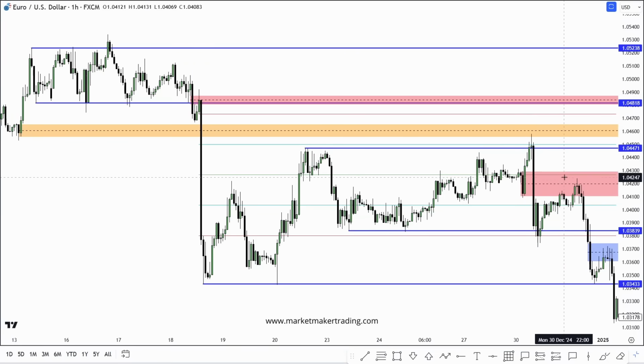We have two entries, two real entries. One, let me just get rid of this. We have one entry over here. This would be a very nice entry. This is our unicorn model that, again, we explain in Module 1 of the Market Maker Academy. I also go into a lot more detail here in Module 2, but the best entry would have been over